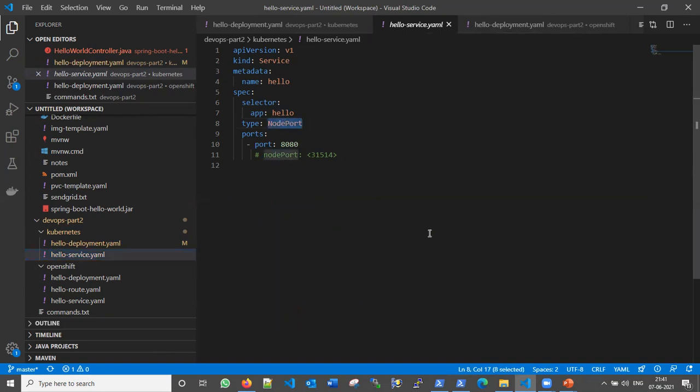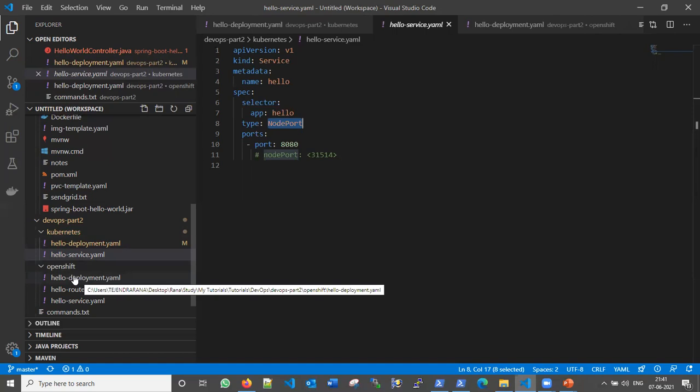If you do not have an ingress service in your Kubernetes cluster, then you can use the NodePort. How is NodePort useful? NodePort will use the public IP of any of your worker nodes, and in this way, by using the Kubernetes proxy, your application will be accessible outside of your cluster environment. And now I am moving to OpenShift.